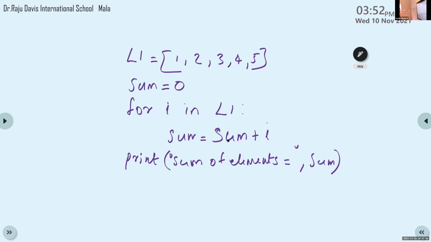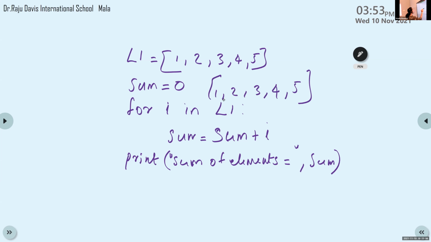Ma'am, for I in L1. What is the content of this L1? Can you hear me? Yes, now it is okay, Anaga. For I in L1, sum is equal to sum plus I. L1 is the list, the contents are 1, 2, 3, 4 and 5.